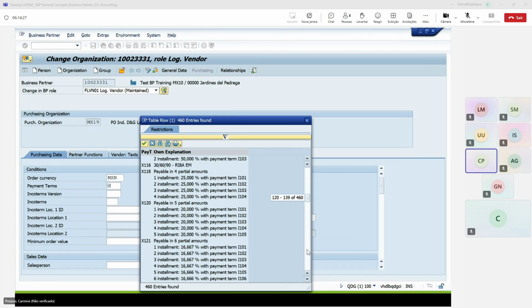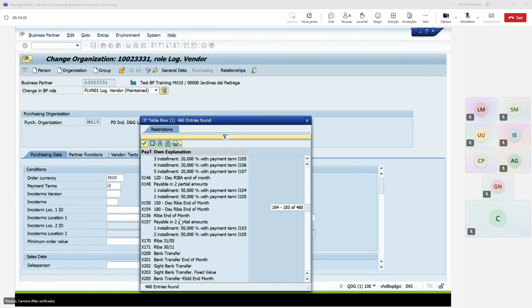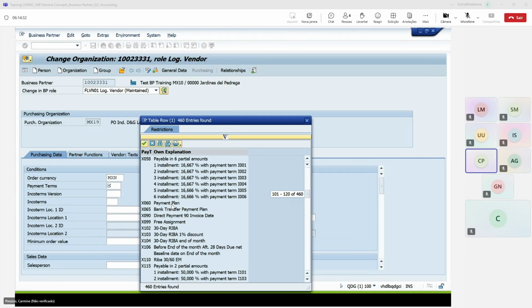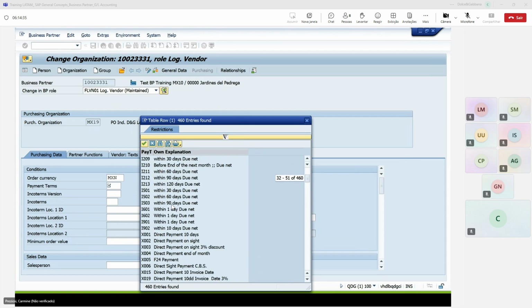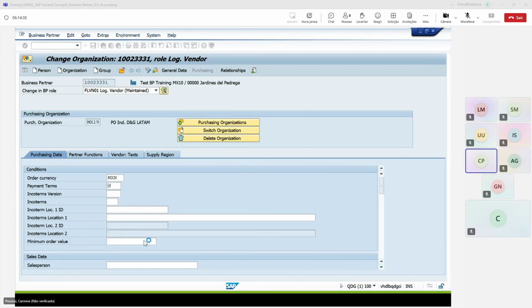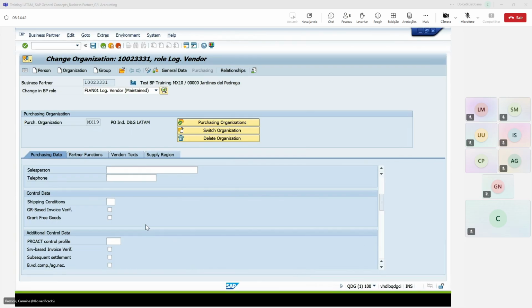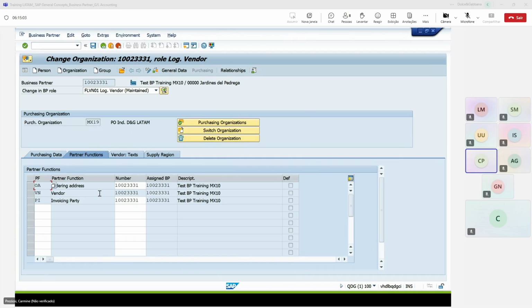And we choose the same we used before, that is X002. And now, the very important thing is to click on goods receipt-based invoice verification. Okay, flag this field as we saw before in the training. Okay, we go to the partner functions, and here we can see also all the partner functions with the number